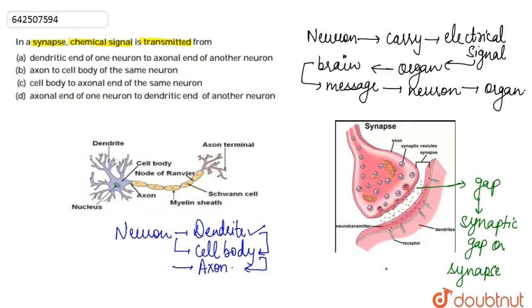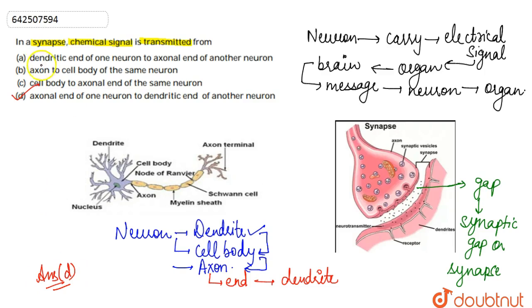So whatever be the electrical signal that is carried by a neuron is transferred to the next neuron by or from the synapse. So in synapse the chemical signal is transmitted from the axonal end of one neuron to the dendrite of the another neuron. So we can see this option that this is given in the option D. So we can say that the correct option is going to be the option D,